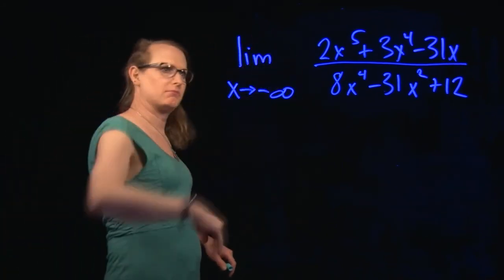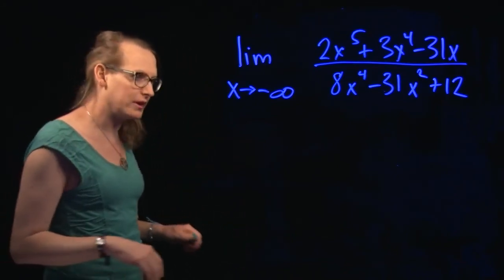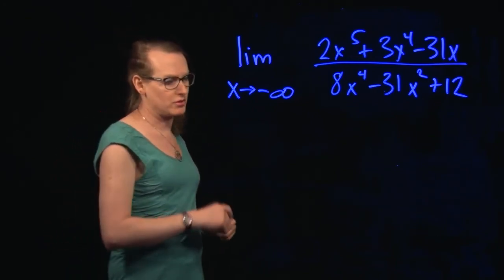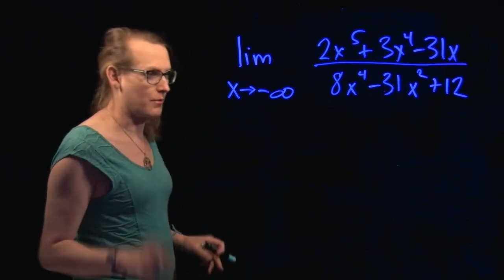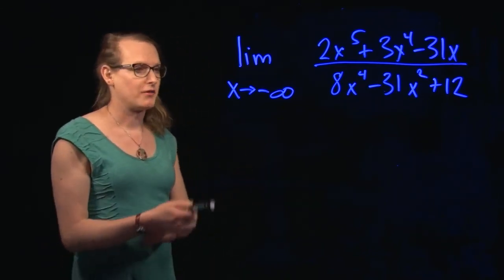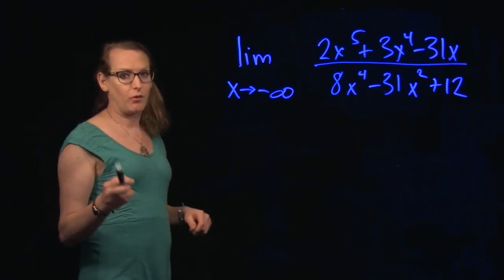Substitution is a tactic you can use with this. It's not formally that well defined, although one can use it with intuition to help figure out what some values are. I'm not going to do that right now. Instead, I'm going to use the theorem that says that we only have to look at leading behavior for limits